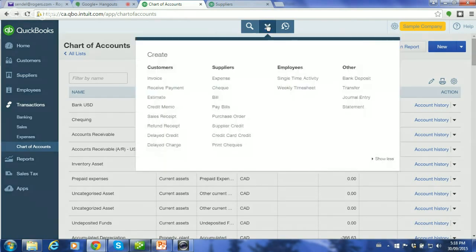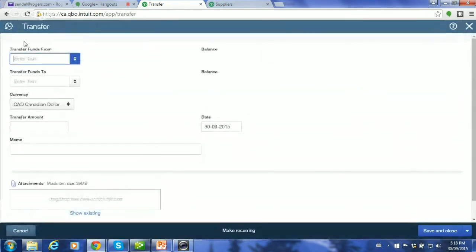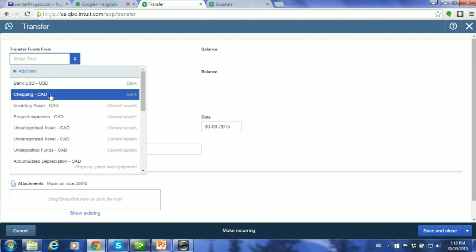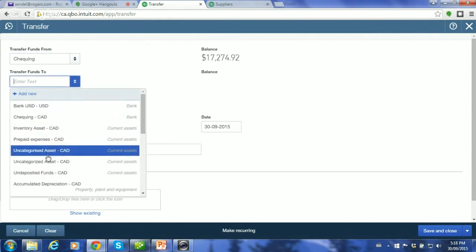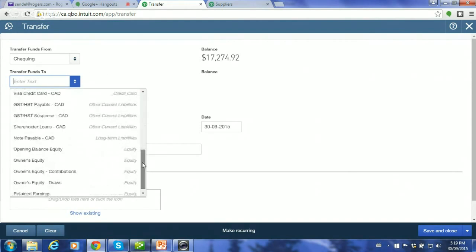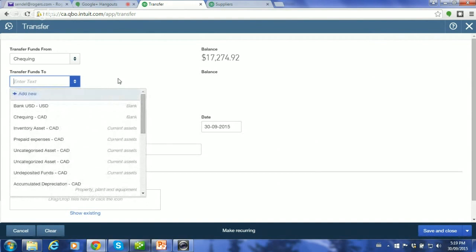Transferring funds, we're going to go to the plus sign, and under Other, we see Transfer. This is the transfer funds functionality. Normally, it's between bank accounts, or you're paying from your bank account to your credit card account. That would be another common use of this, rather than going and paying a check to them, and so forth. So if you're doing an e-payment on bank or a transfer of funds, you can transfer to pretty much any of your GL accounts. So it's good functionality to use the transfer.